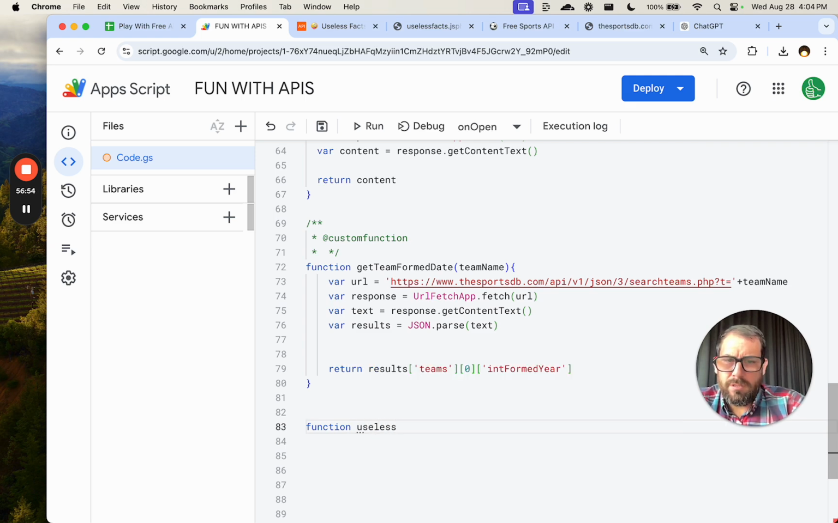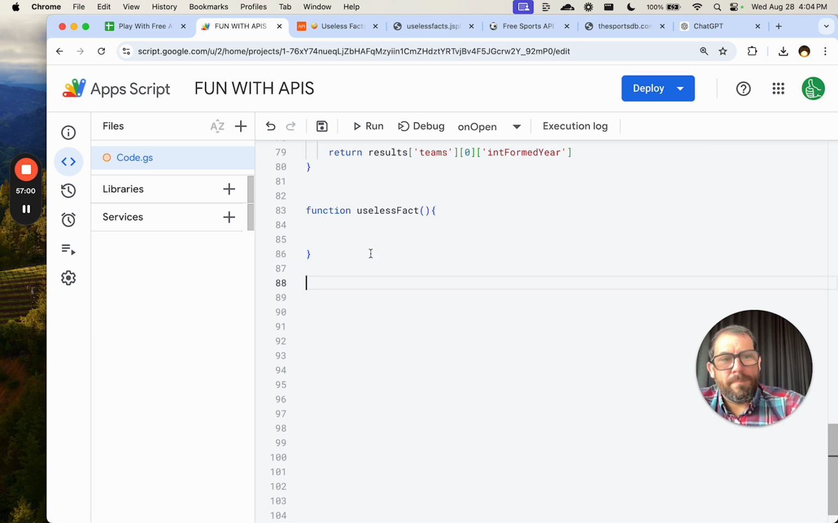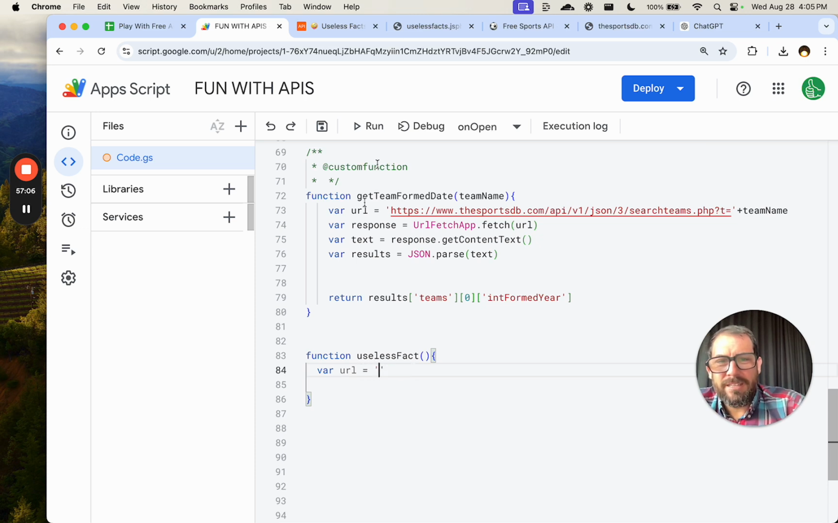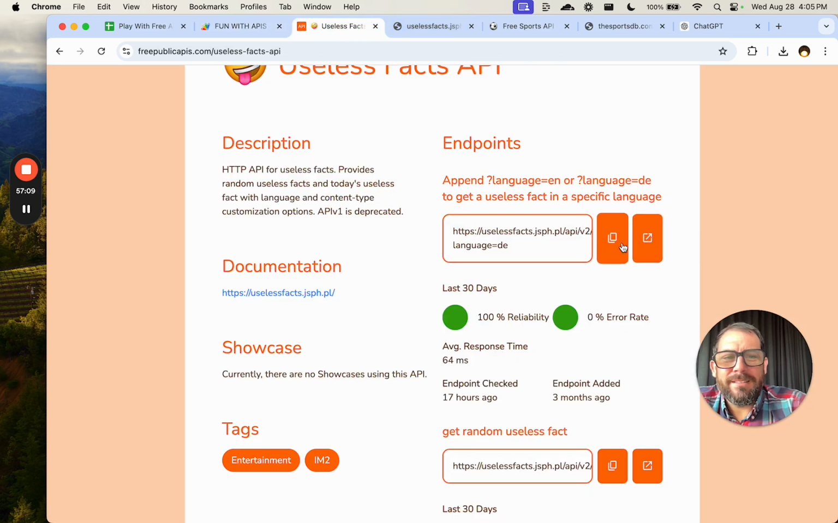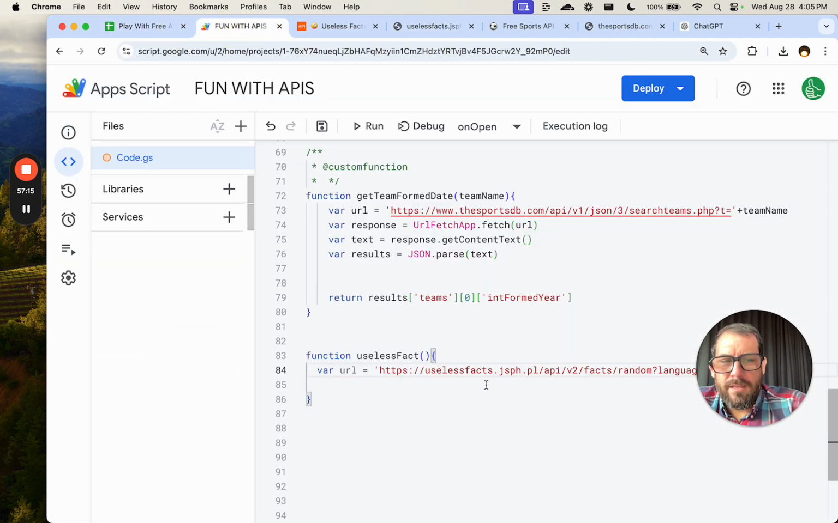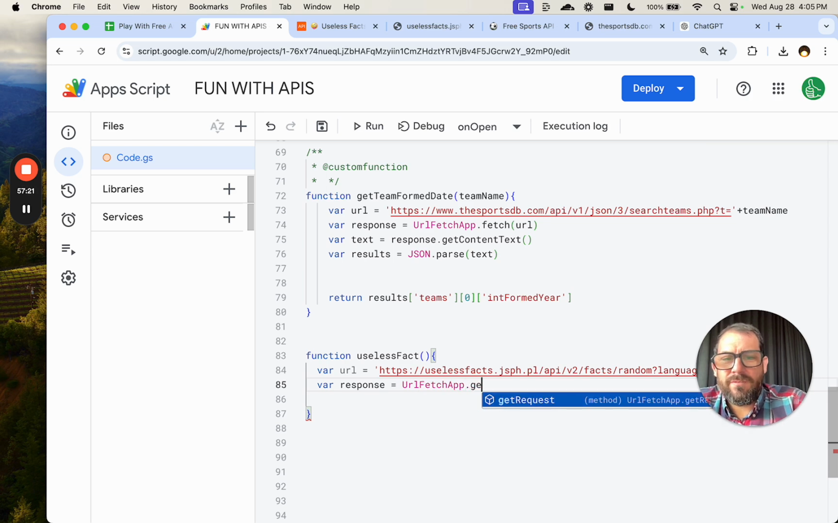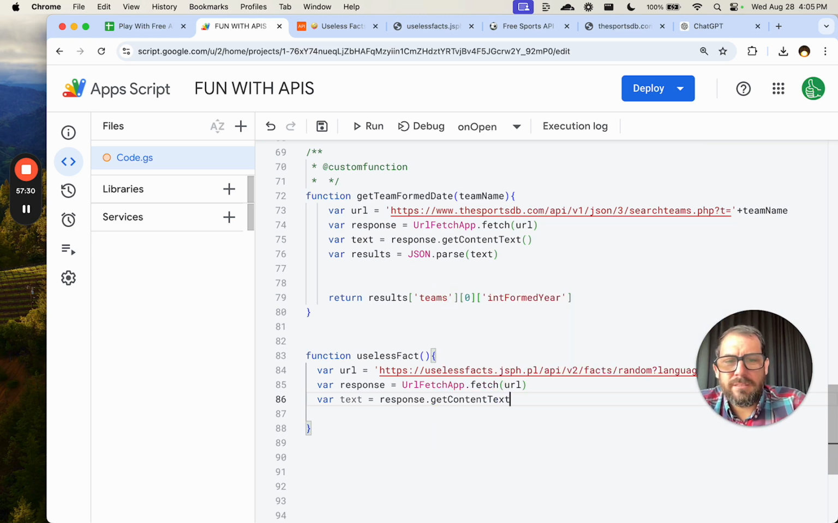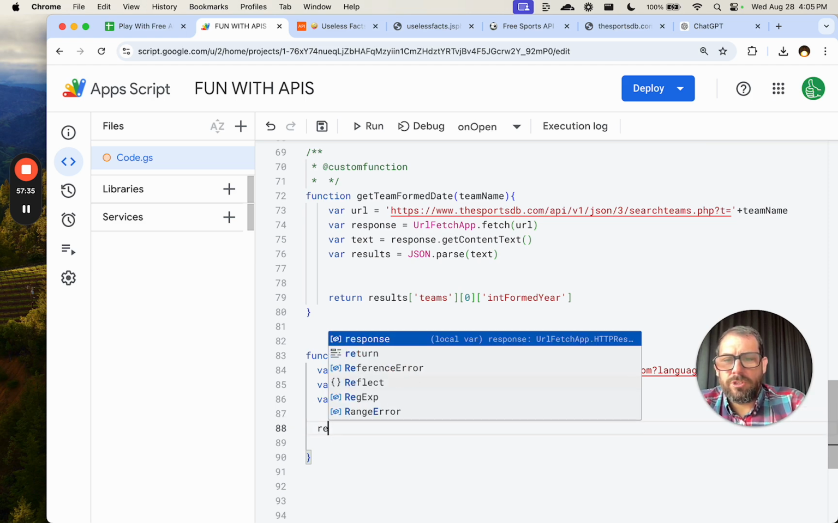Useless fact. I hope by this time you are comfortable with variable URL equals. You know what I'm going to say. Let's actually go and copy it. Here. And then variable response equals, we're just going to call this URL fetchapp.fetch URL. Variable text equals response.get content text. Make sure we have the parentheses. Variable, nope, we're just going to return